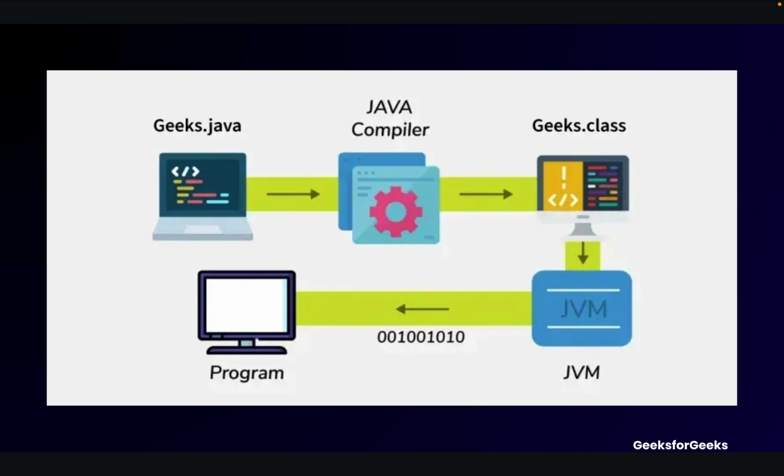So here's another visual to kind of help piece it together, and this will make more sense as we continue on the course. But let's say you create a file called geeks.java. So you're writing your code, and this is going to be technically in English readable format, or the programming language. So this would be like your normal Java programming code that I'll be covering in this course. Once you write it, you put it into the compiler. So the compiler is then going to do what it needs to do to translate that.